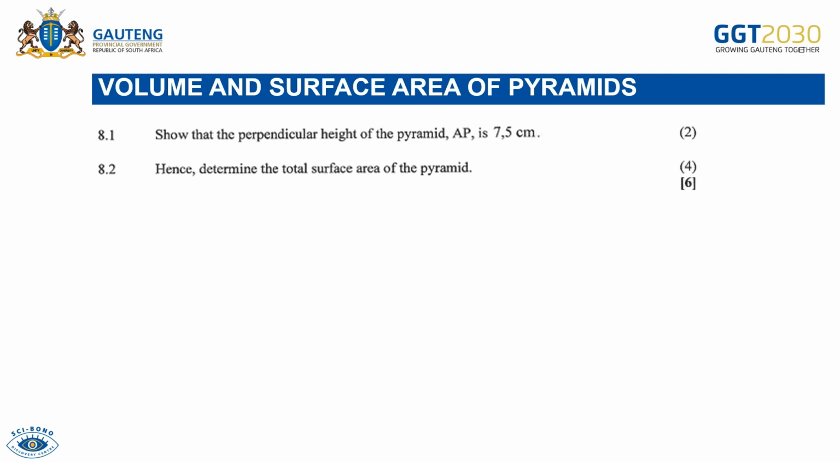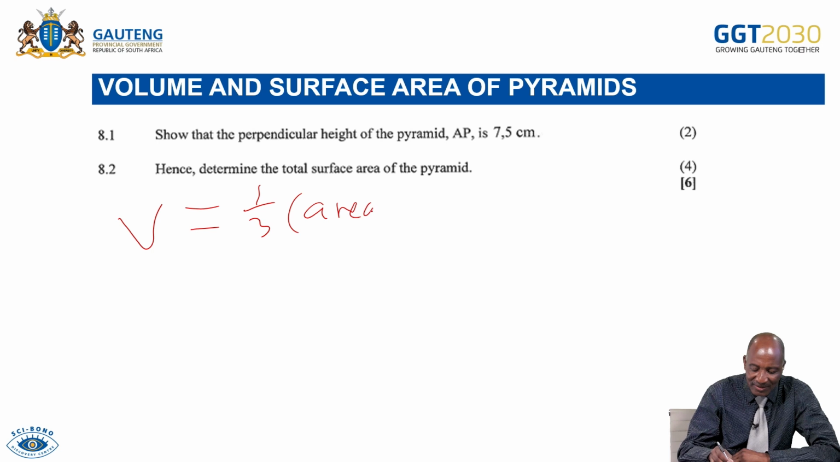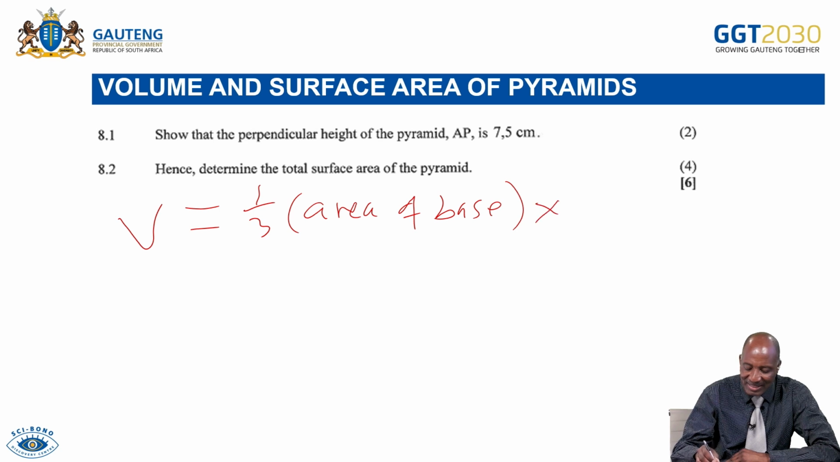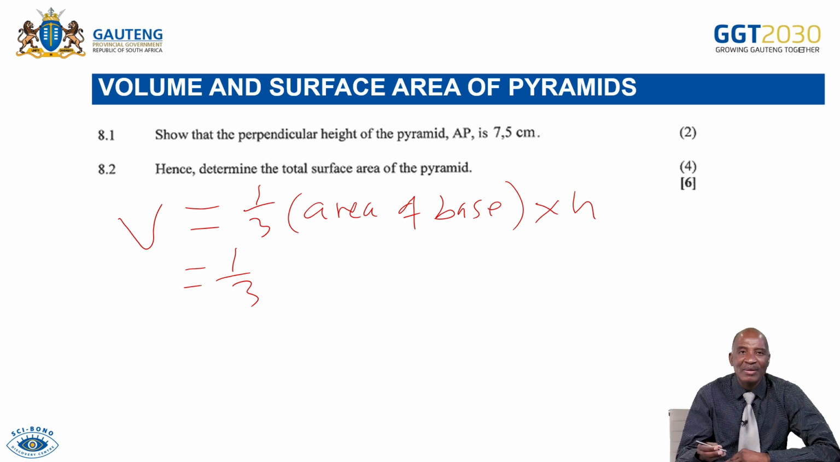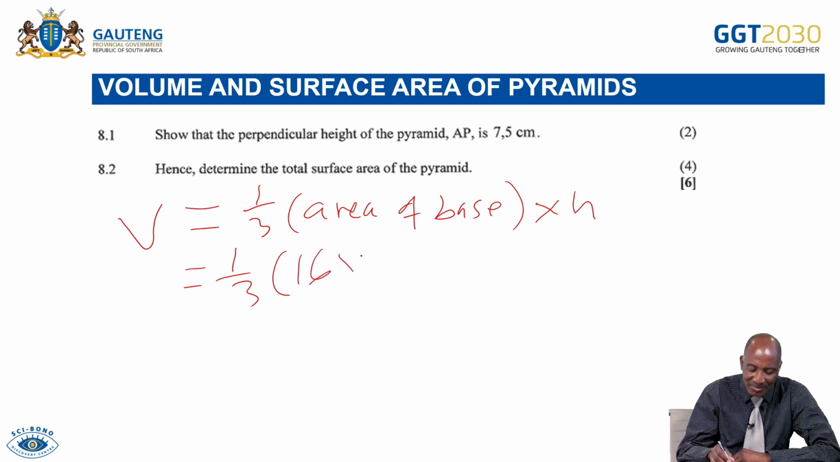Yes, thank you. Especially for those that are stuck, you should have started by writing down your formula. Volume equals 1/3 times area of base, multiplied by height. Then you substitute. You look at your base, we said it's a square measuring 16 by 16. So it's 1/3 times 16 times 16, then multiplied by the height, and your height